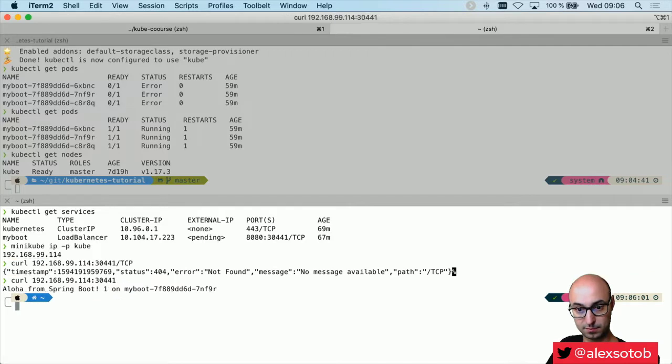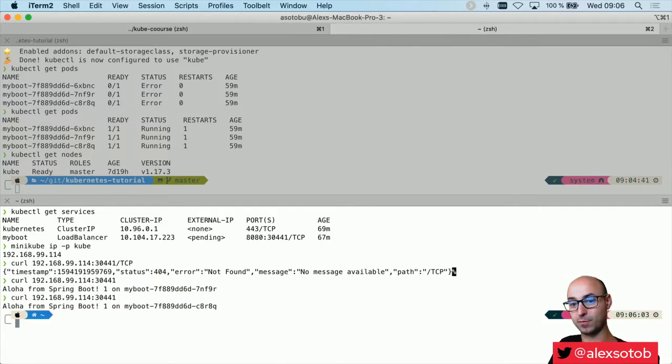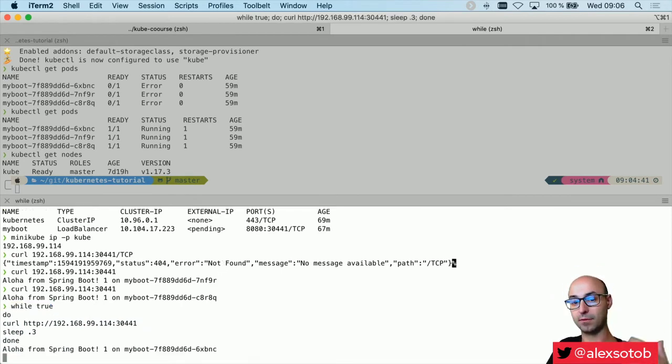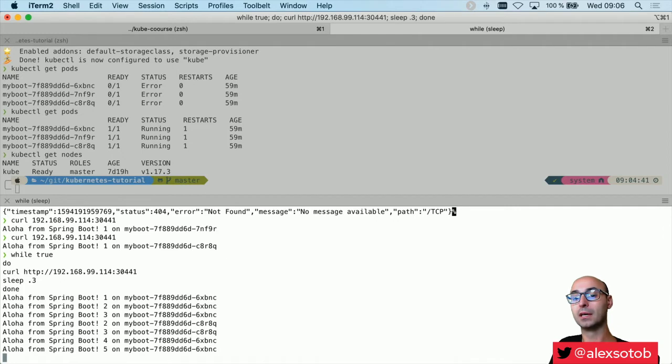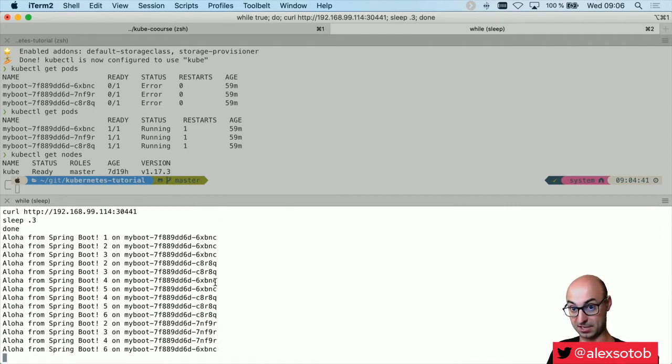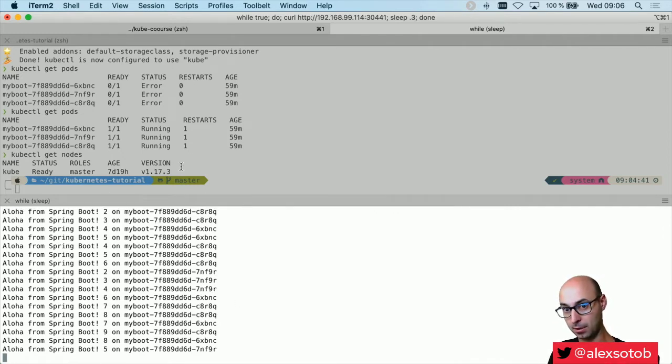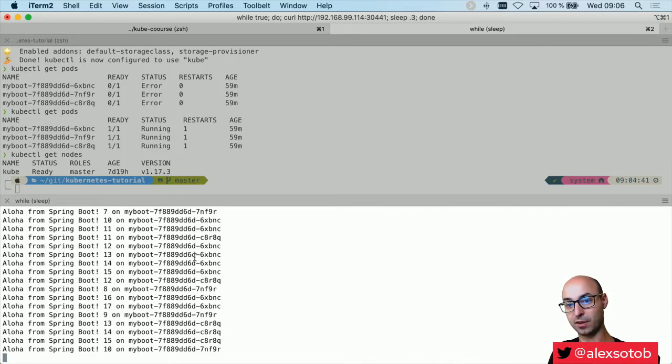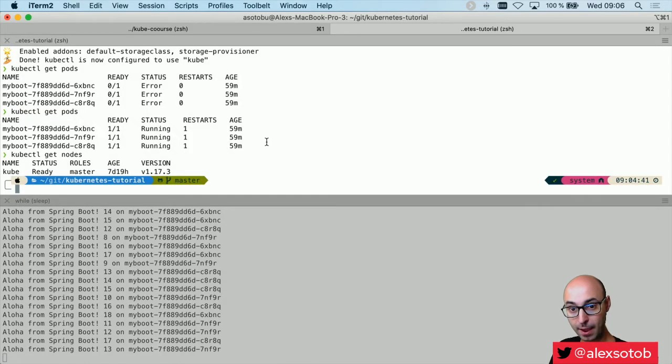Oops. Now, see that I said Aloha from a Spring Boot. Okay, now to make things more interesting, I'm going to do while true, do curl sleep done. Okay, so I'm just simulating that I've got several concurrent users accessing my service, my boot service. Okay, notice that it's iterating all the time. And now I'm going to do an update of this application going from version 1 to